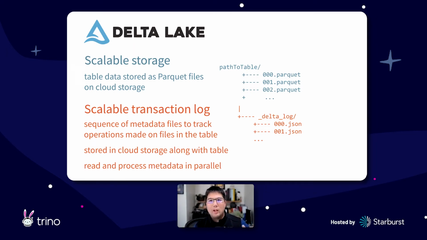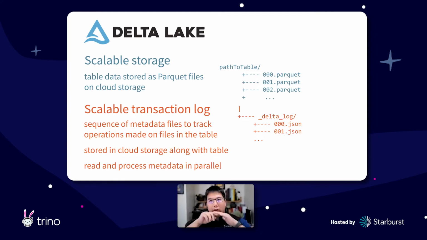But the idea is that every single Parquet file that is inside the Cloud Object Store does not necessarily translate to what the table is at the time, because Delta Lake also includes time travel, the ability to go back in time and look at what an earlier version of the table was. So based on the metadata that you're reading, if I'm looking at the most recent snapshot of the data, it'll contain all the Parquet files that make up the current table. If I was to go back in time, it would tell me all the Parquet files that made up that version of the table at that time.